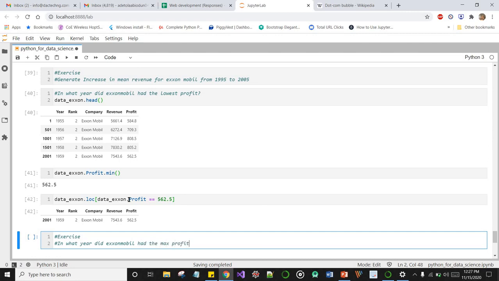This is very simple. Just use the profit dot max, the max method. First of all, get the number: data underscore exxon dot profit dot max. And you can use some loc to display the particular row in your data set that has the maximum value.